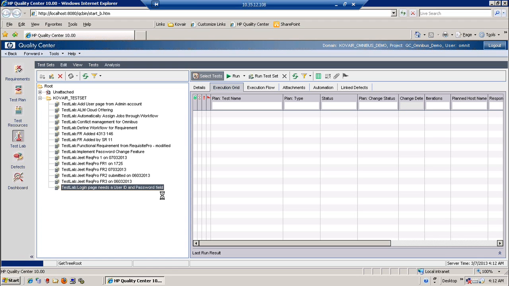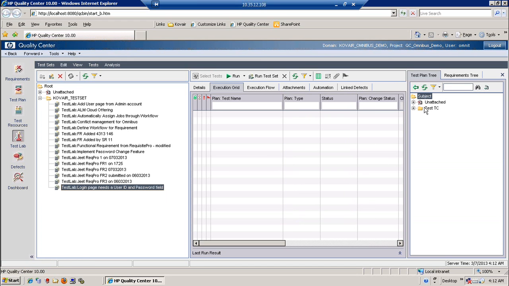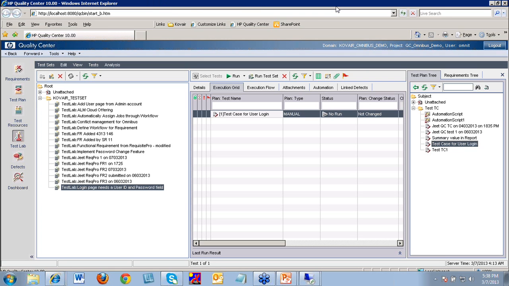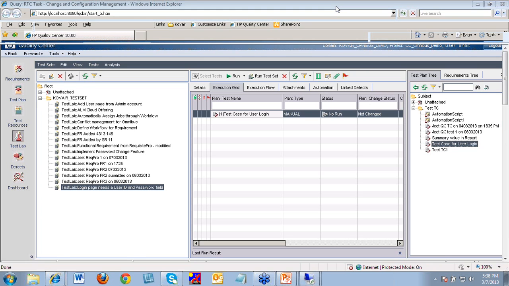Now we go ahead and using this test lab, we go into the list of test cases to associate a test case to this. So test case for user login, and we link this test case to this test lab and leave it as it is. And now let's go back and focus on the development environment of this. So going back into the presentation,